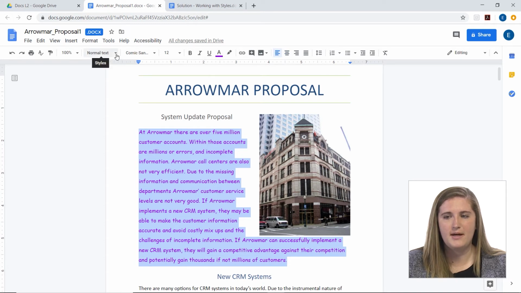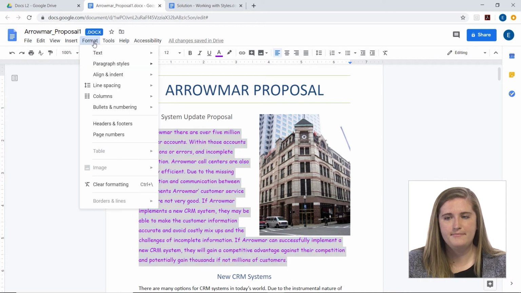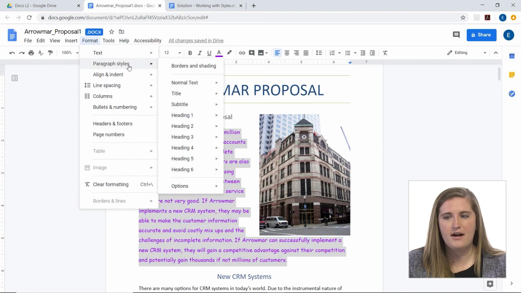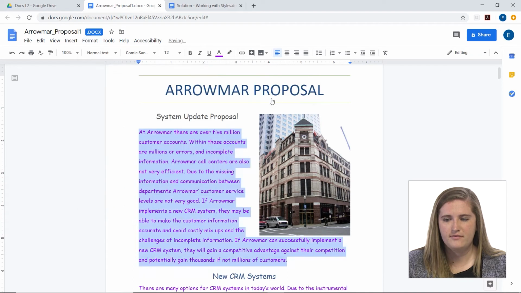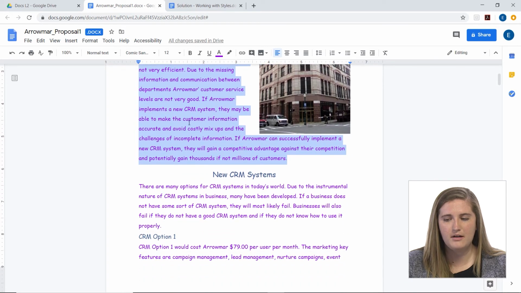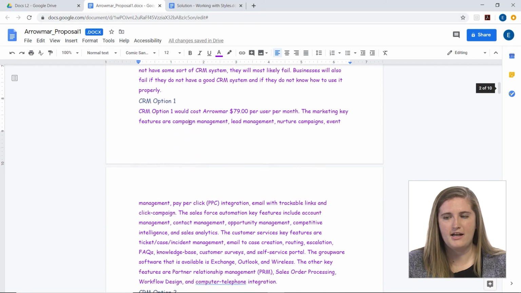So I can do it this way again through the styles box, or I can go to this format button and then paragraph styles, and then go to the one that it is, which is normal text, and update your normal text to match. So as you can see, it has changed the headings to Comic Sans as well. So it updates different